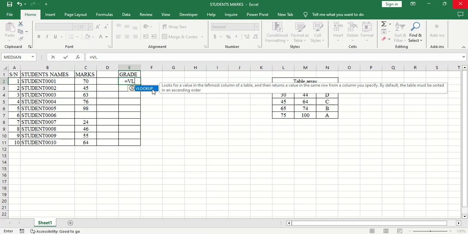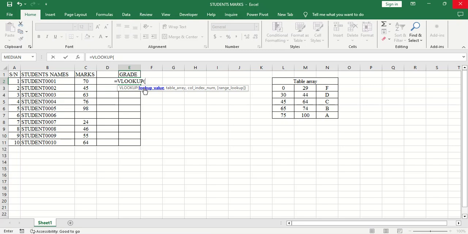As you can see here, VLOOKUP looks for a value in the leftmost column of a table and then returns a value in the same row from a column you specify. By default, the table must be sorted in an ascending order. So if that is the case, let us just double click here, and then we are going to